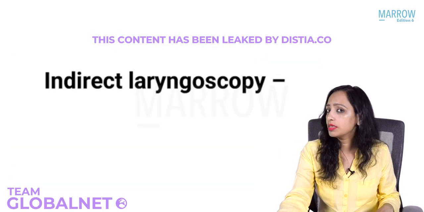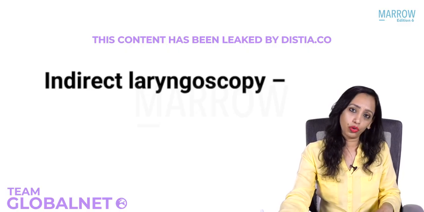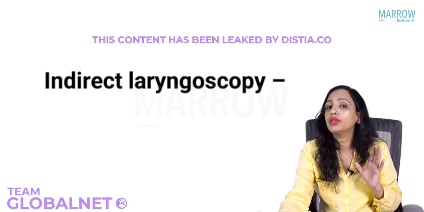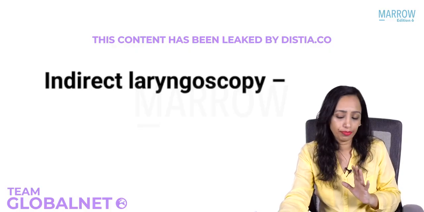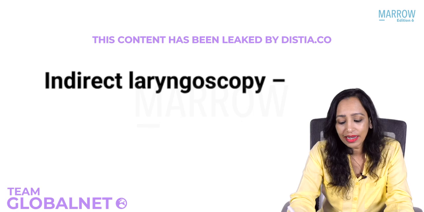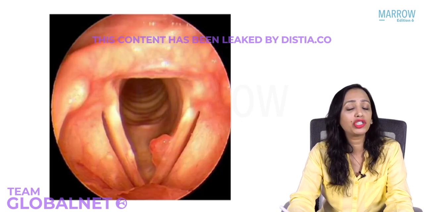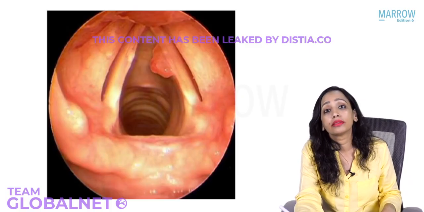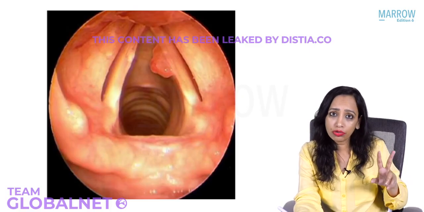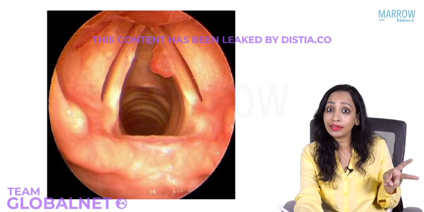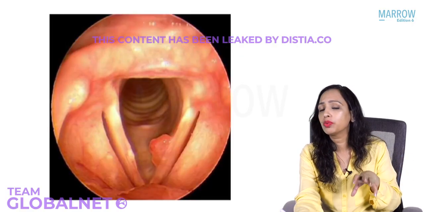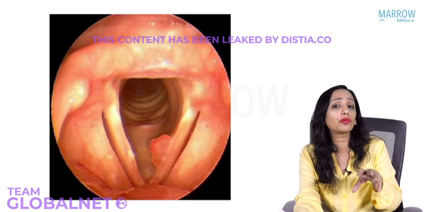And another method is indirect laryngoscopy. So let us quickly see how the larynx appears in each of them. Sometimes in your questions the picture of the larynx that is given is like this, and sometimes it is given like this, right? So we need to know two things. First, why this difference? And second, whenever this picture is given, we should be able to have a look and find out which is the anterior part of the larynx and which is the posterior part.